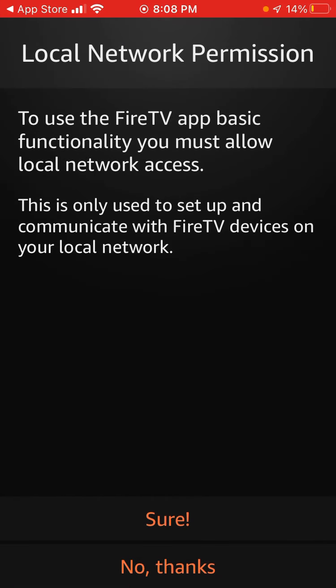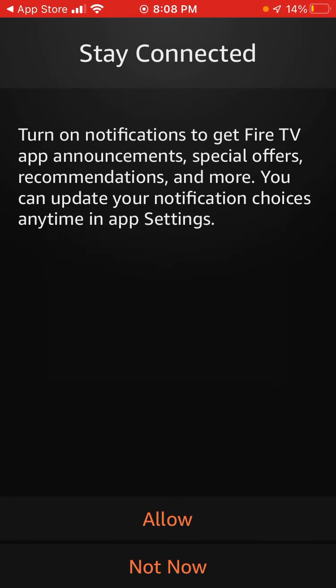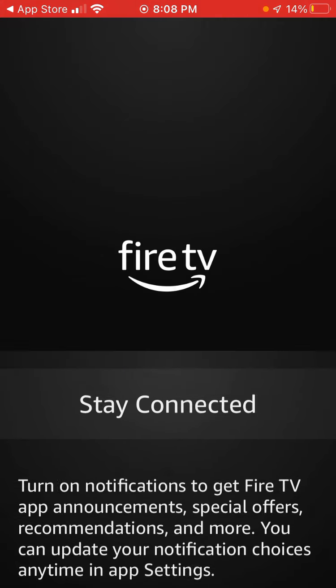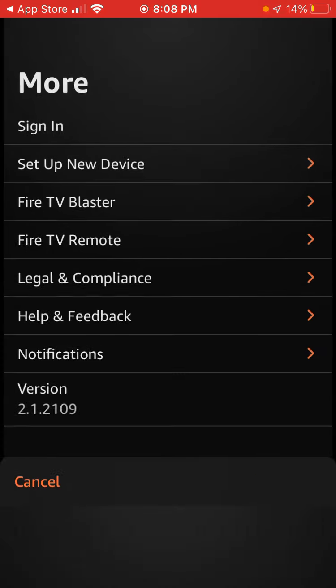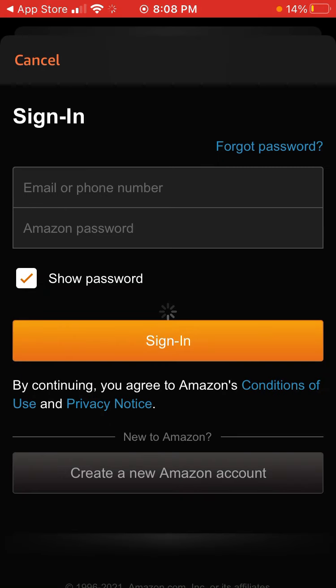You need to give access to your Bluetooth, give access to your local network, and turn on notifications. You can enable or disable that. Then it's basically looking for new devices. You can set up a new device here. So here you can just sign in